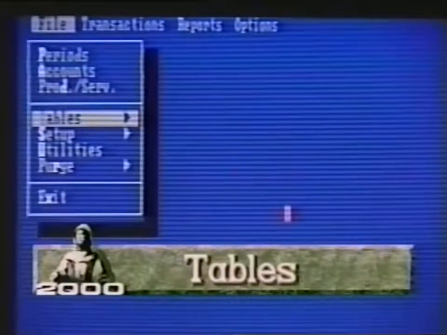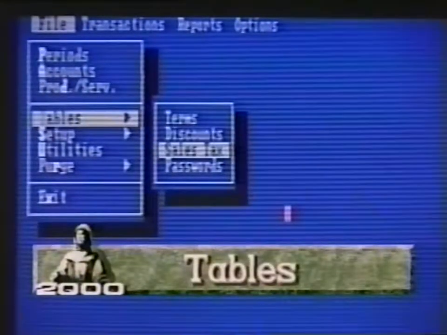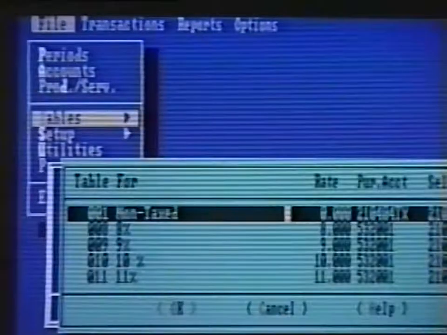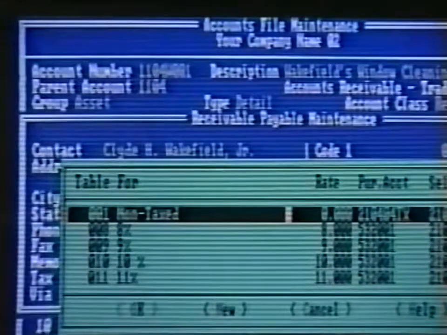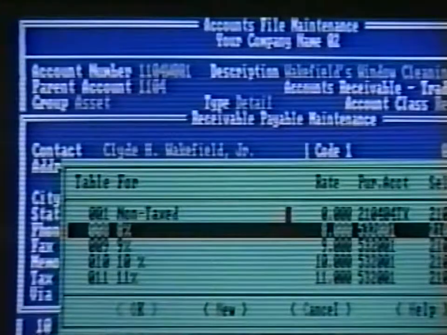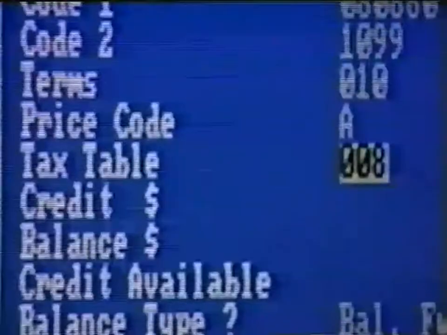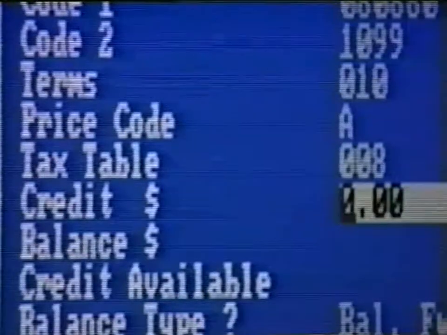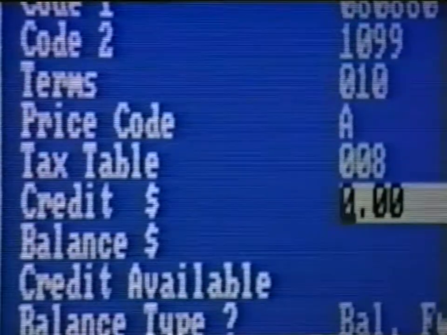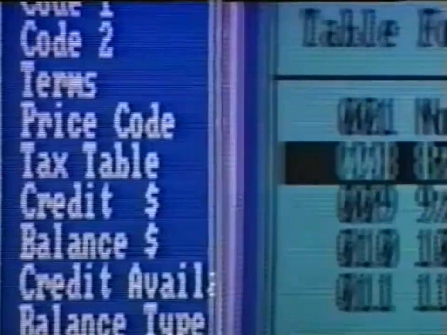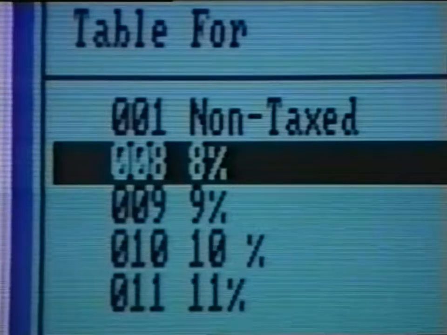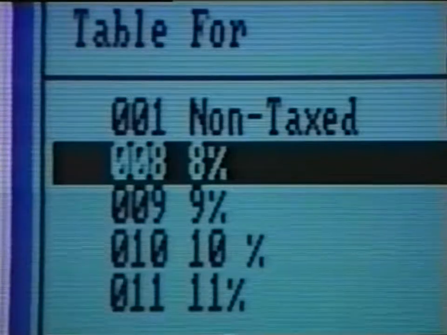Pacioli 2000 comes with 4 tables that help make your accounting activities much easier. These tables consist of table numbers that correspond to specific information. All you have to do is place a table number in a customer or product file. Then Pacioli 2000 relates that number to the specific information. For example, if you place a sales tax code in a customer's account, that number tells Pacioli 2000 to use the corresponding sales tax rate for that customer's purchases.